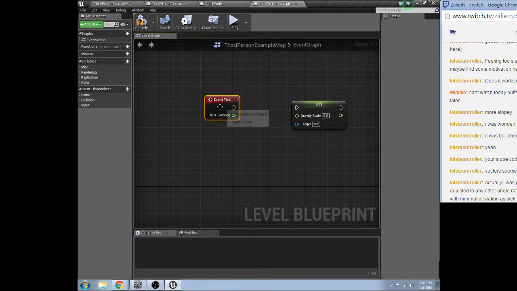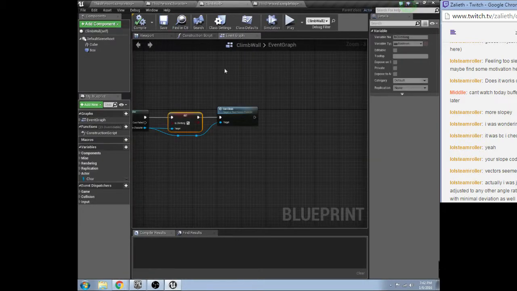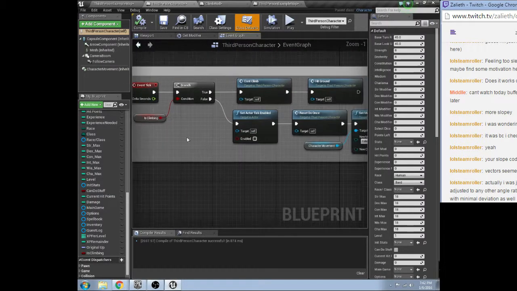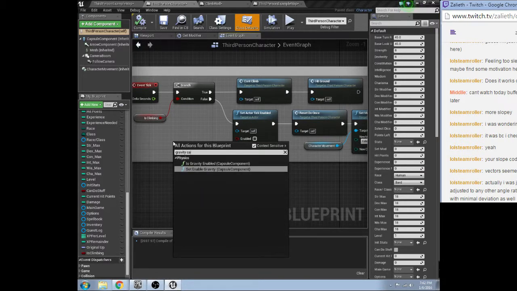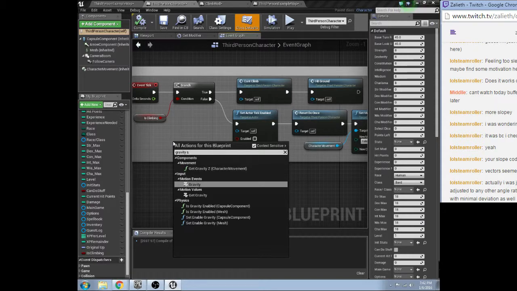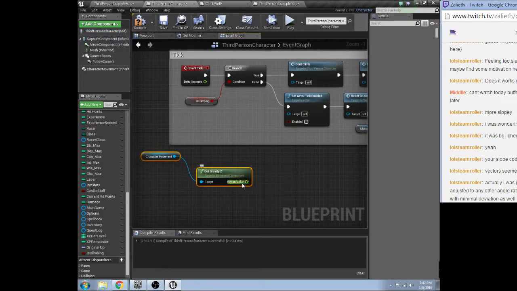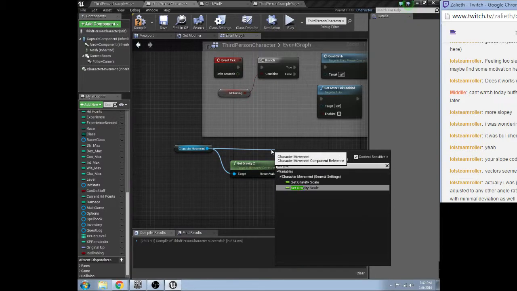Tick. Or no, okay, so gravity scale. Let's see. Gravity that affects this component. Okay. So set gravity